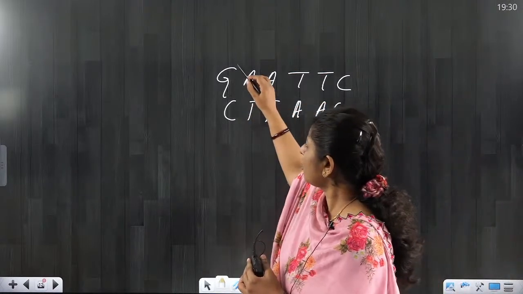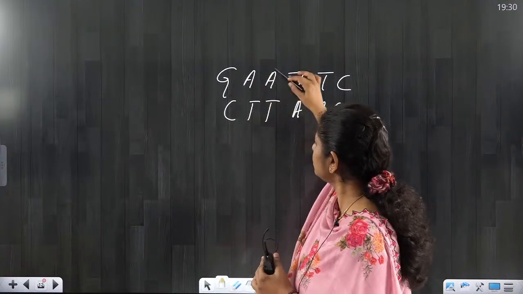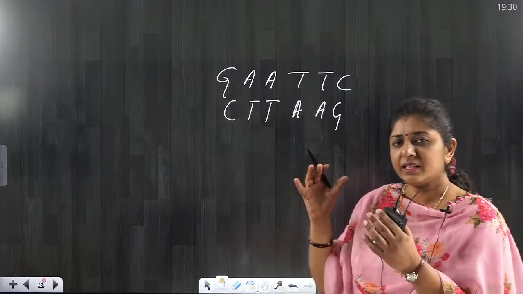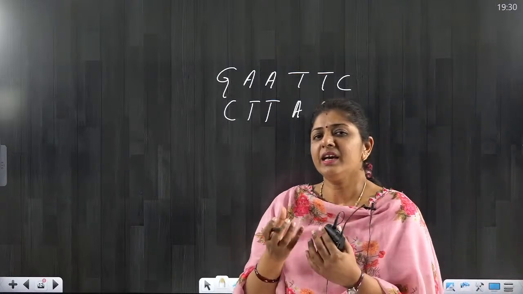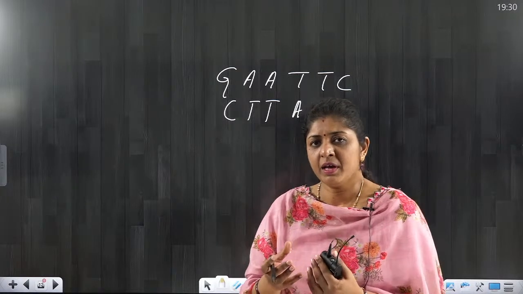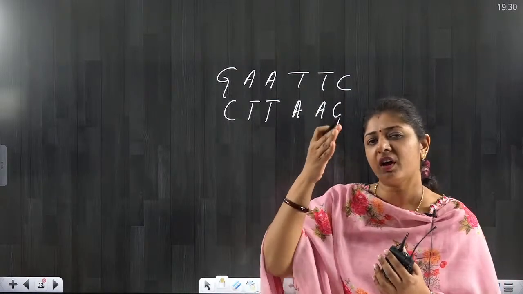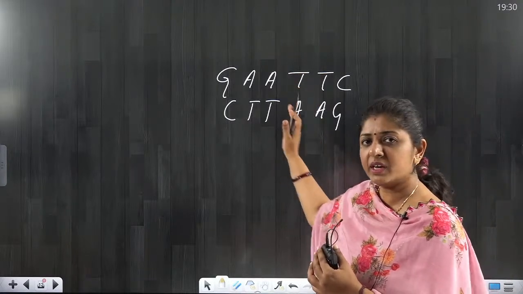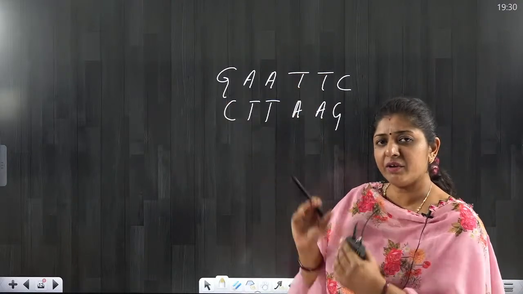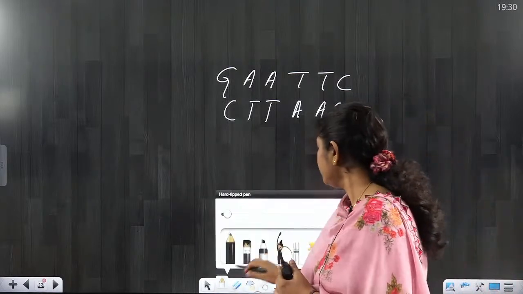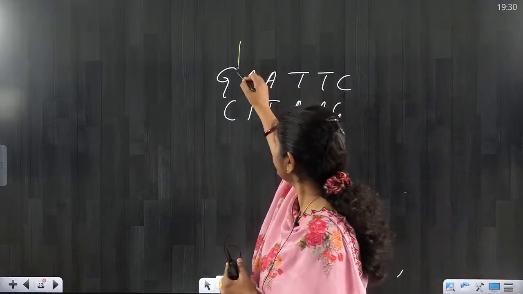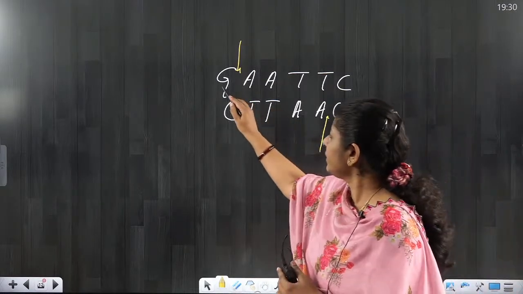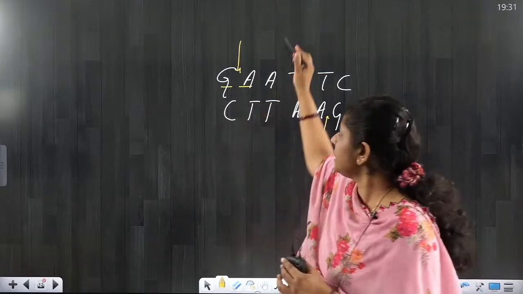In that, can you see how many base pairs are there? 1, 2, 3, 4, 5 and 6 base pairs. At this recognition sequence, they are going to cut the DNA. I said the point of cutting mostly will not be from the center. It will be slightly away from the center. Like for this, the cutting will be from here, from here. Can I say between purine and purine for EcoR1,